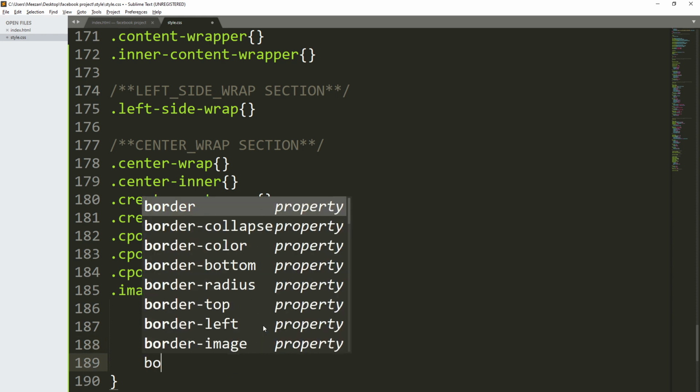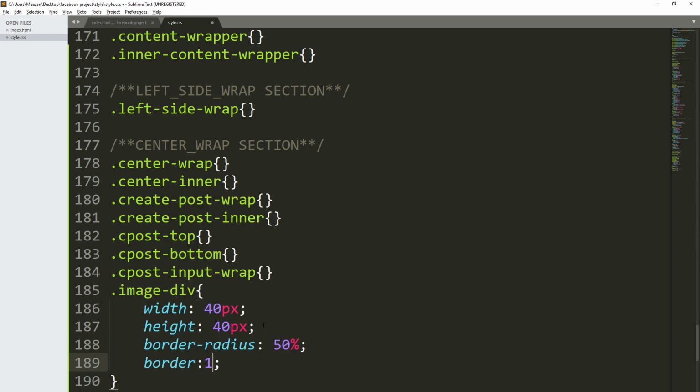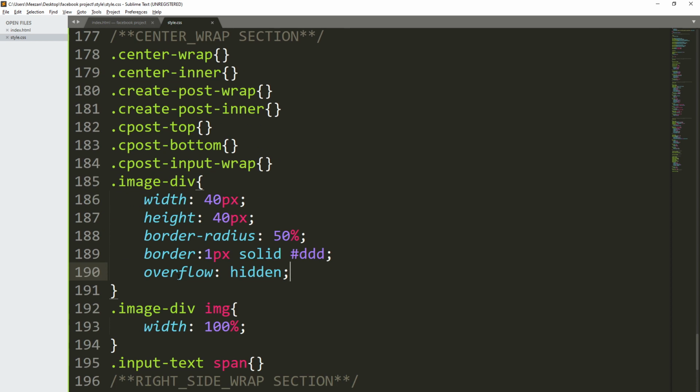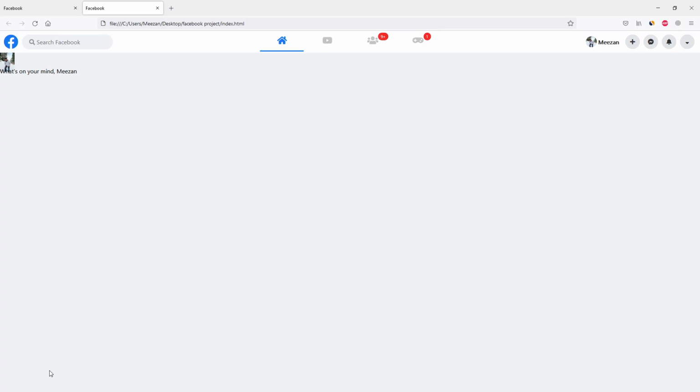And for the border we will say border 1 pixel solid hash DDD, that will be the light gray color. And for the overflow you will say hidden, because we don't want the image to overflow out of the image div. If we add overflow hidden, it will round the image according to the div which we have rounded. It will not overflow the image. So let's refresh the page. As you can see, we have given the overflow property and it's hidden, and the image is round,